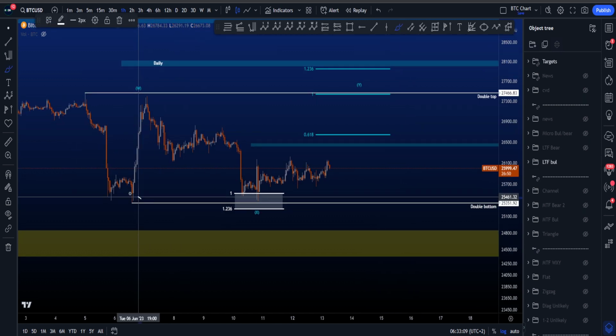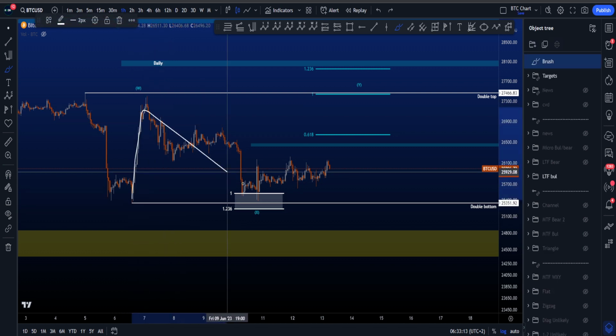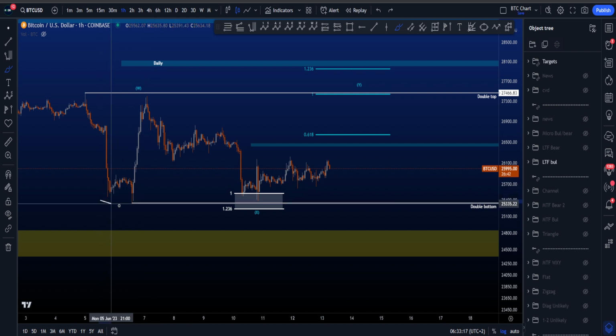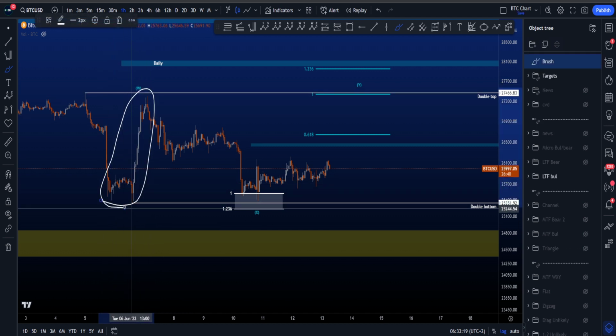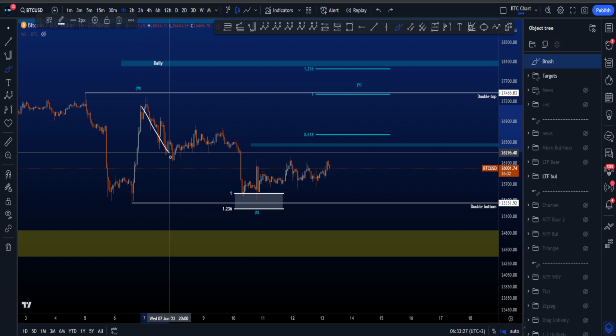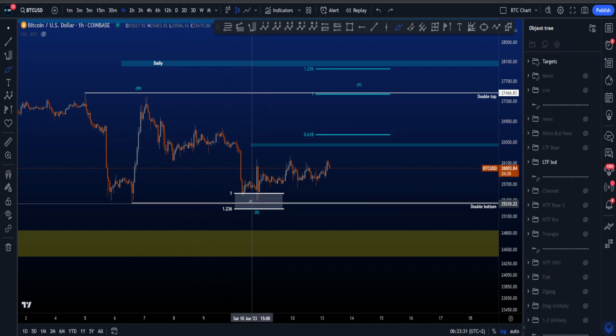Now, because the low over here on some exchanges has been taken, this cannot be a 5-3-5 wave move zigzag to the upside anymore, which means this move to the upside over here has to be a three-wave structure, which therefore means I labeled it as a W, followed then by a three-wave structure in a wave X in a zigzag, which then is an A, B, C structure, 1, 2, 3, 4, 5 to the downside,